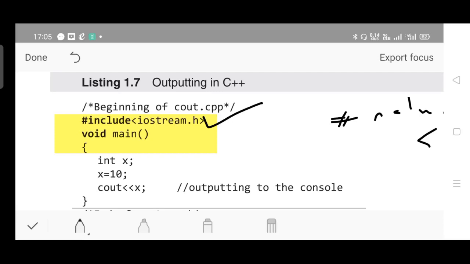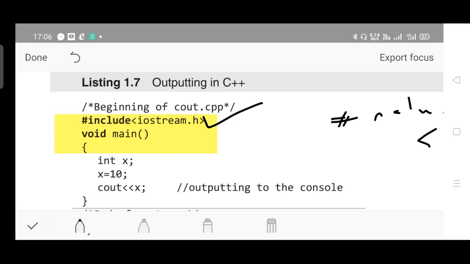In the same way as in case of C they are defined under stdio.h, in case of C++ they are defined under the library iostream.h. Please remember. So you have to include the header file or macro as hash include iostream.h.